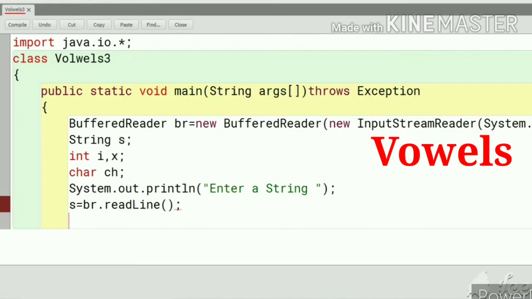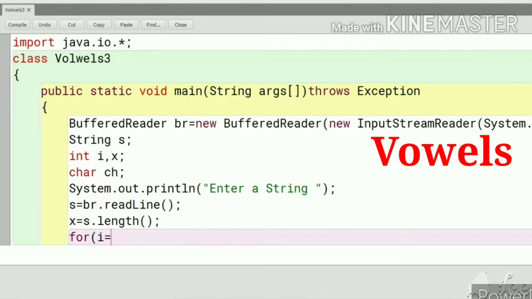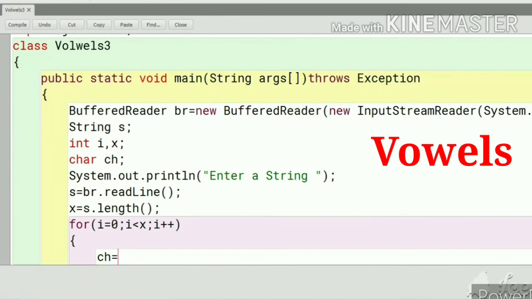Now we'll count the length of the string. So x = s.length(). This is for counting the length of the string. We'll start with the loop: for i = 0, i less than x, it will go till less than the length of the string, and i plus plus. ch is to extract the character.